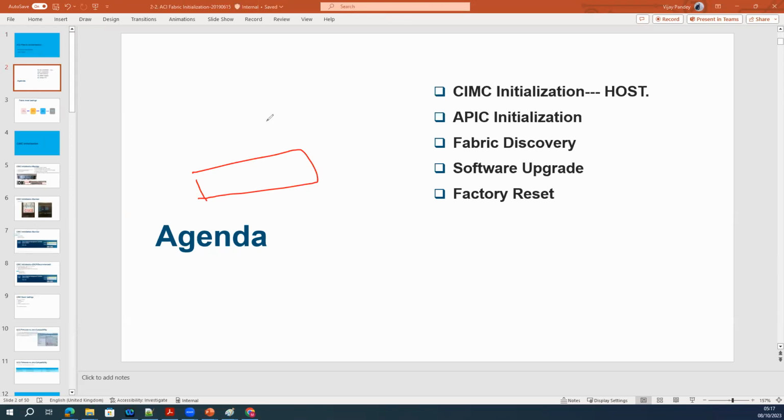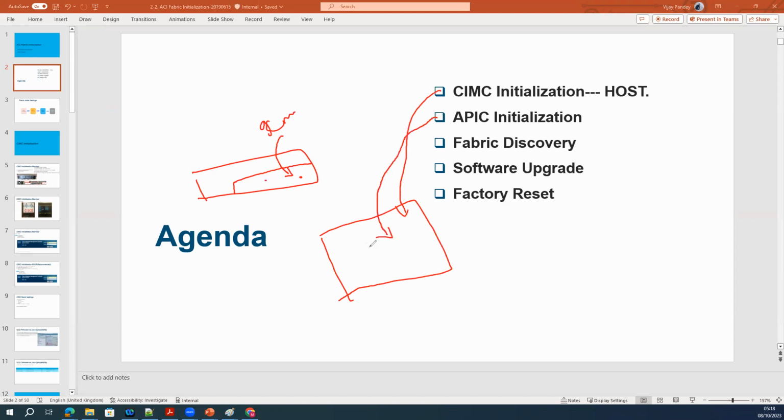If you want to install, for example, Google Chrome, do you install it directly on your mobile? No. You have Android or iOS running on top of that, then you install Chrome on it, right? Same thing. When you purchase the box, you install the base image, then on top of the base image you install the APIC image. Once the APIC image is installed, then fabric installation happens.